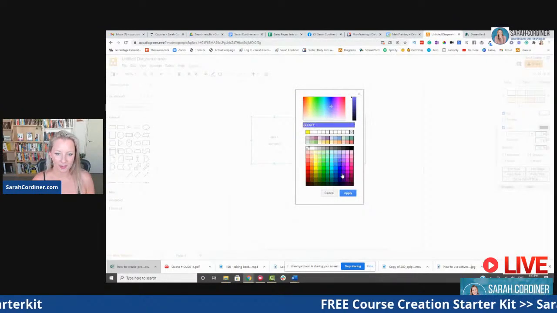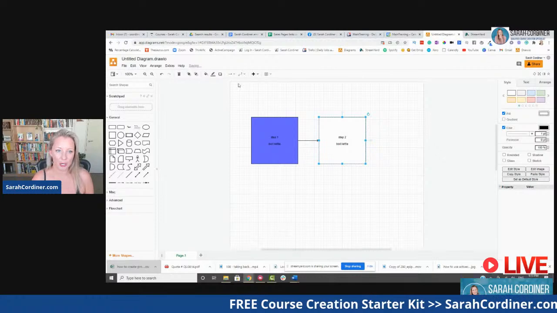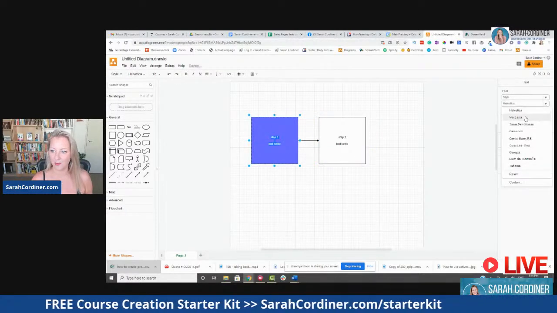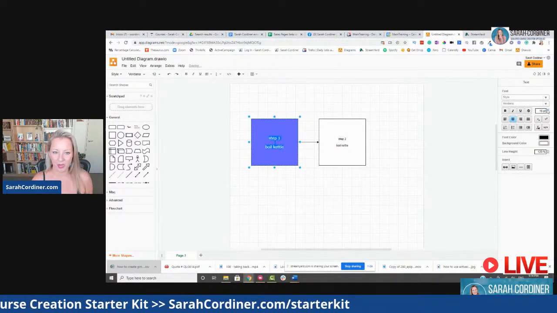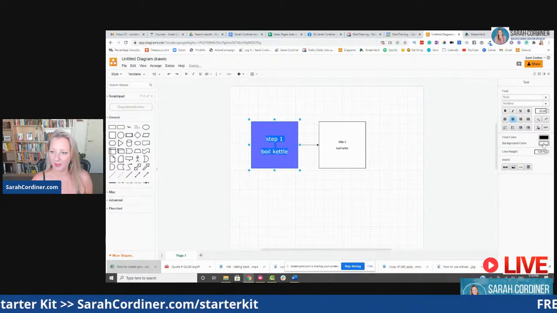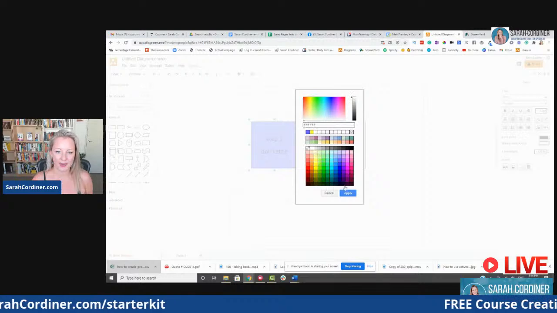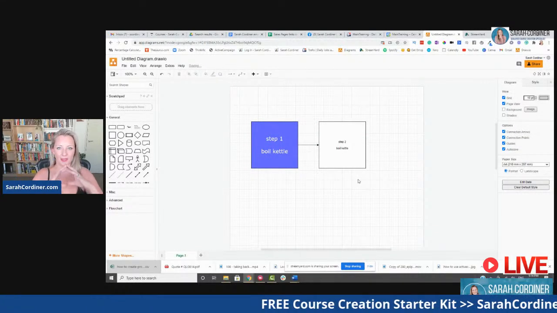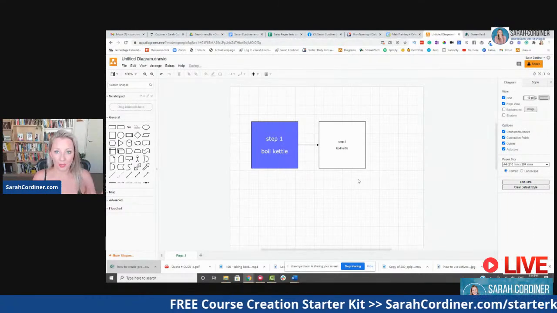So, you might want to make nice, pretty colors here. Oh, how cute. You can change the size of your font and everything and your font type over here. So you might want to make that much bigger. Oh yeah, that looks better. And change the font color to a nice white. And there you go. You can see here now already how if you had this as like a downloadable document